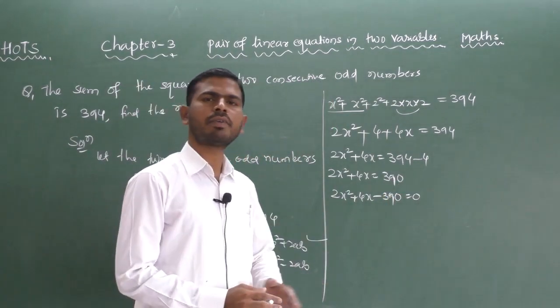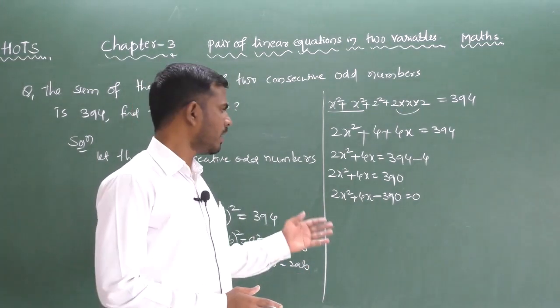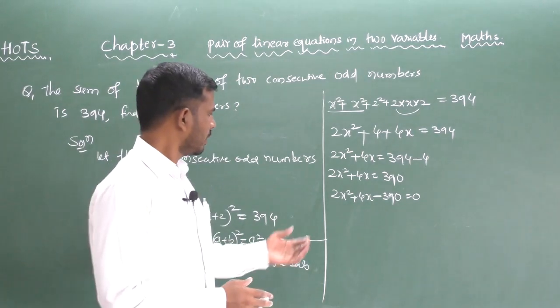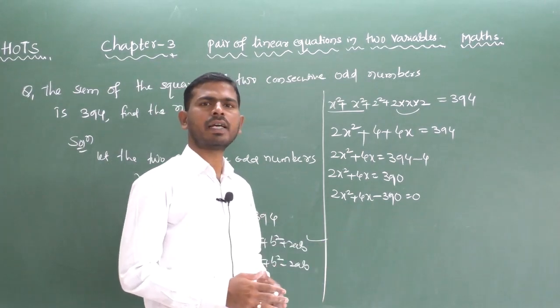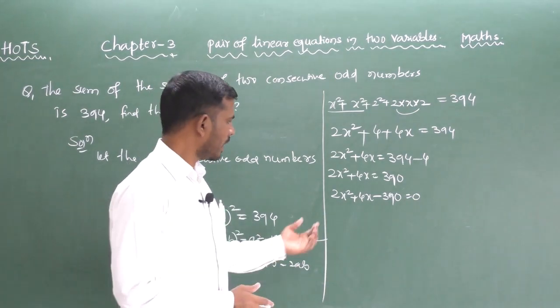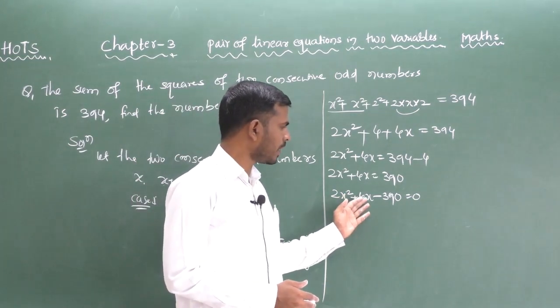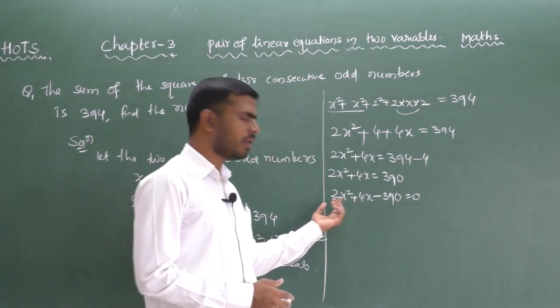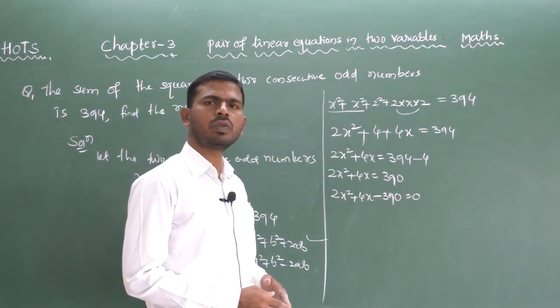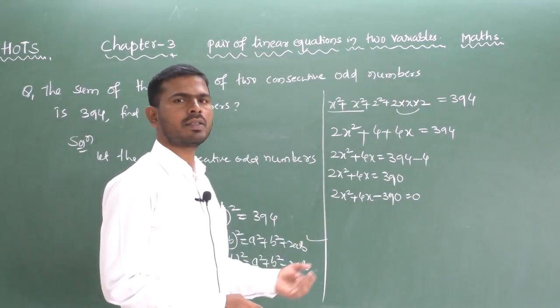So this is the general form of a quadratic equation. Already you have to learn in the second lesson of 9th class, that is polynomials. So you can find out the x value, means you can use here the splitting method or factorization method. So already here given 2x square plus 4x minus 390. Suppose you look at all terms of a quadratic equation, all terms are divisible by 2. You can take the common factor of 2 also here.